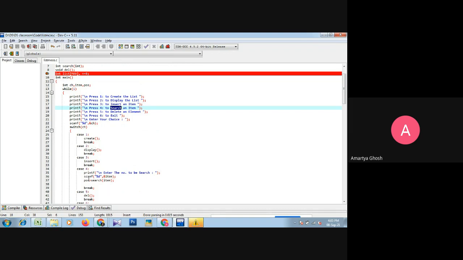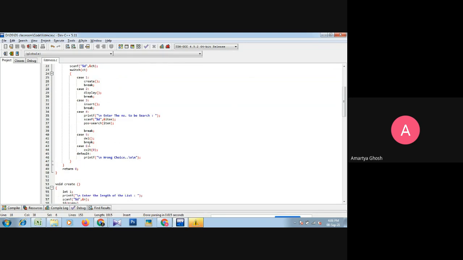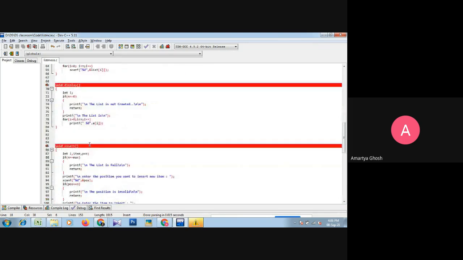And now pos is another local variable of main function, and search function is called, and within search function we send this item value, and after the function completes, whatever the situation, search will return an integer value, and that is assigned into pos. Okay, so we just go first into search function.